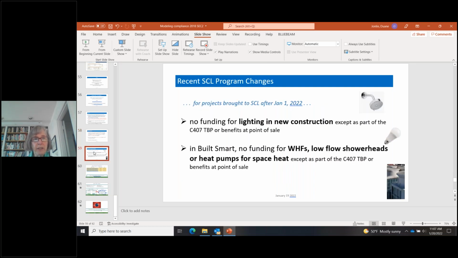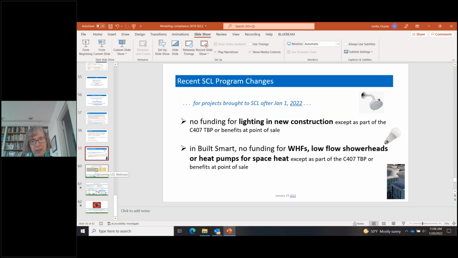So I just want to go briefly over some other changes to our program. The first change we've already discussed is the fact that we're coming up with the 2018 SEC Seattle City Light funding calculator for the C407 path. Probably a lot of you in the audience have already seen how we've handled that for previous codes, and it's going to be quite similar.